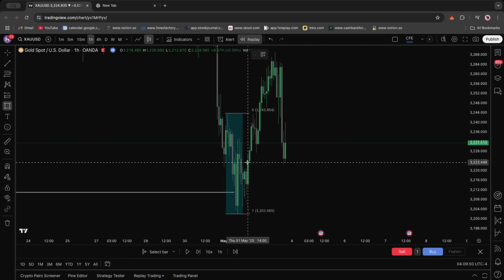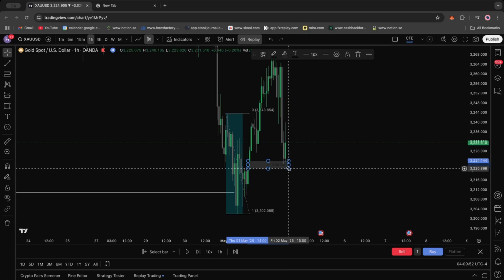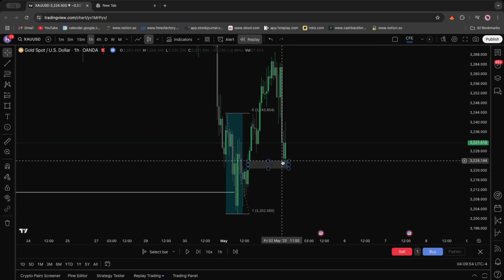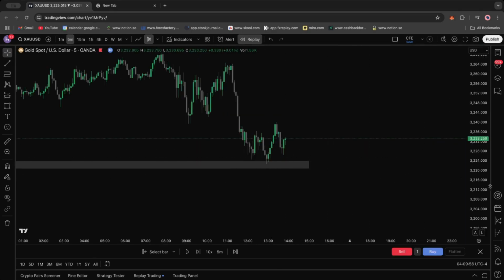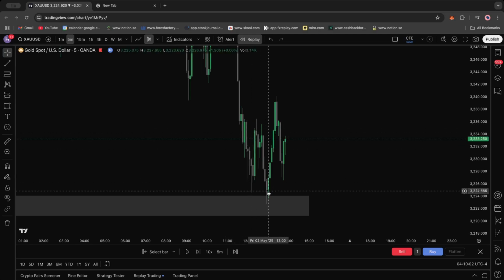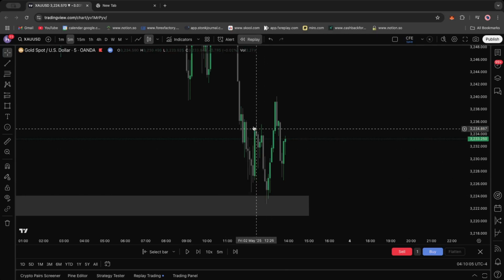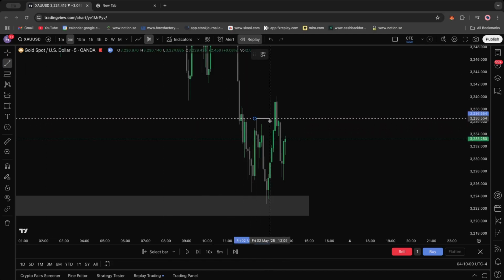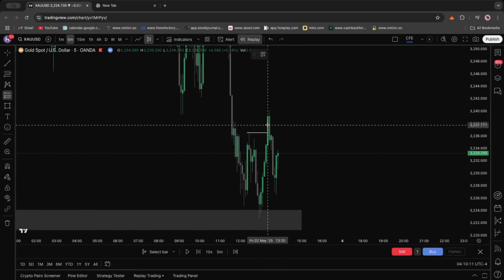We then came into this 1-hour fair value gap right here, as you can see. Price respected it, so we can drop down to the 5-minute, and again, the thing we're looking for on the 1-hour, that smart money reversal we had here. So price manipulated, failed to close below, we then closed above this high, giving ourselves a market structure shift, which